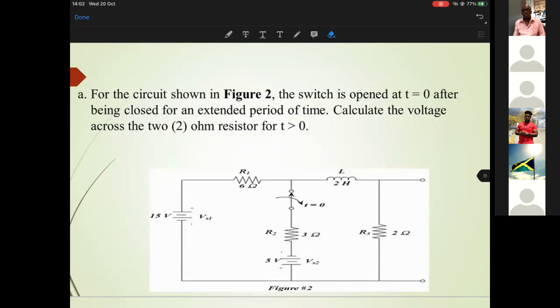So before we put pen to paper, it's important that we look at the circuit and make sure we understand what it is that we really want to find. We're trying to find the voltage across the 2 ohm resistor. But of course, if I know the current through the inductor, I immediately know the current through the 2 ohm, right? Right with me? Yes, sir. And we know that the voltage across an inductor, you're going to have to differentiate the current. So rather than working it from a voltage standpoint, it will be easier to work it from a current standpoint. So if I have the current through the inductor, I immediately know the current through the resistor,